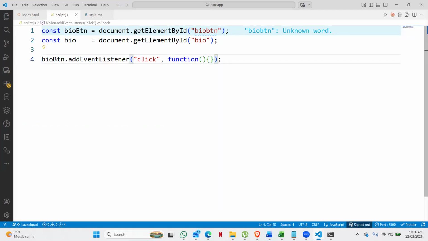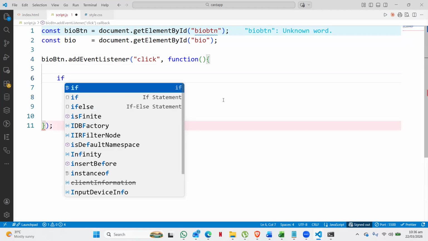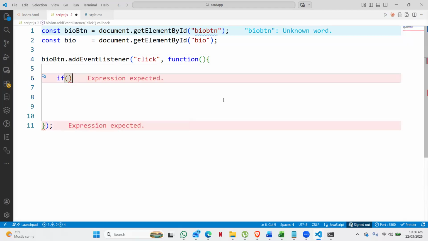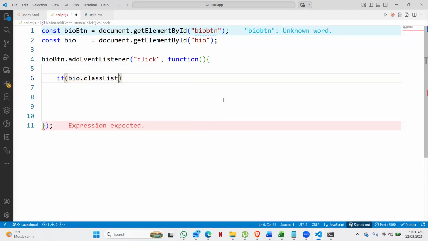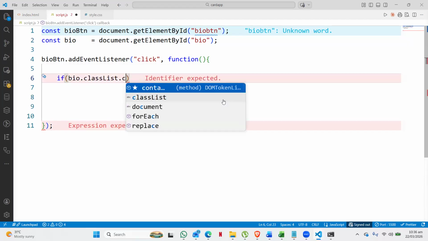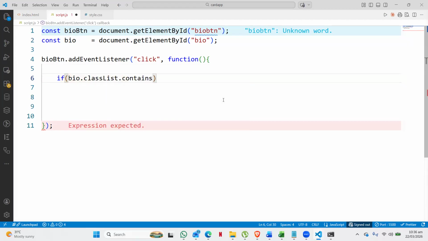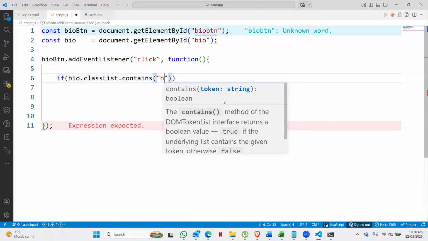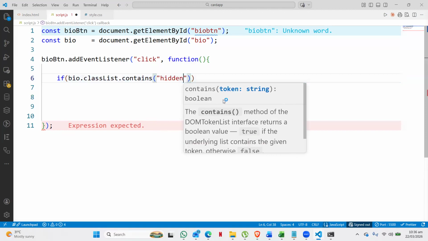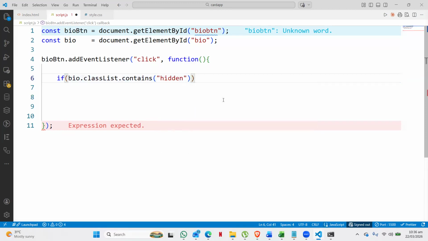Now, the action which will be done will be put in the curly brackets here. And what action should be done? Number one, I'm going to check some stuff. If, in brackets, bio dot class list dot contains, in brackets, hidden, then